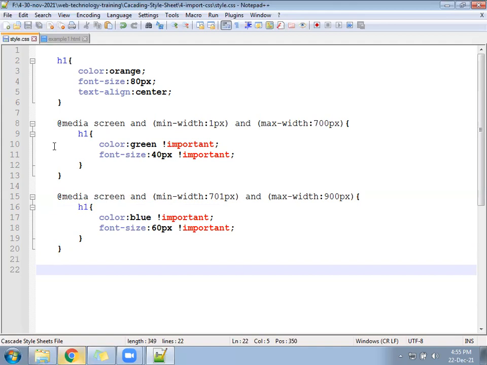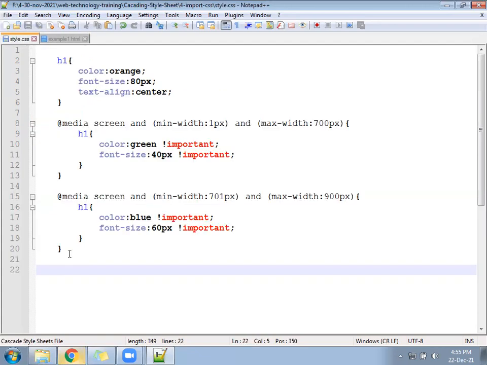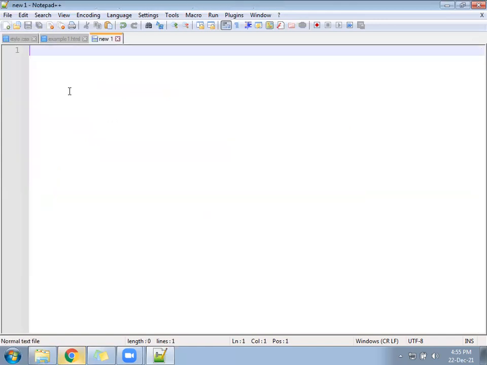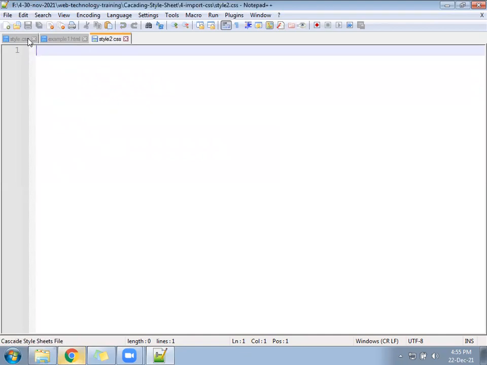HTML file, we will create a different one. This one you have written, keep it for your CSS file and HTML file. Both leave, and create another CSS. Okay. A style2.css and example2.html.